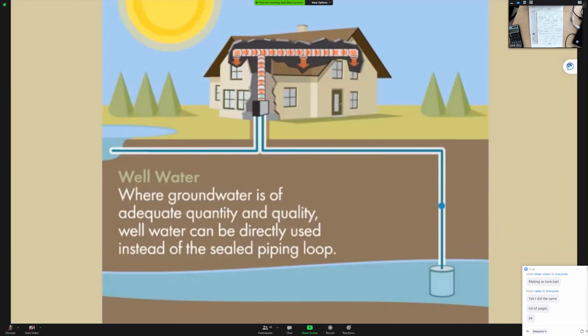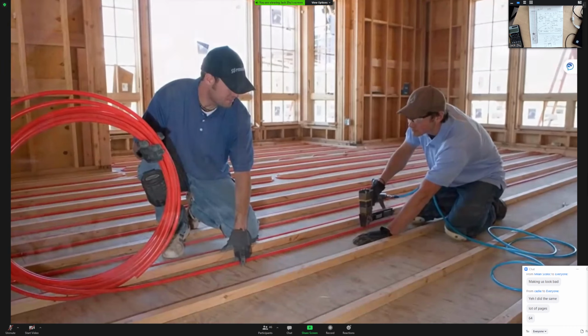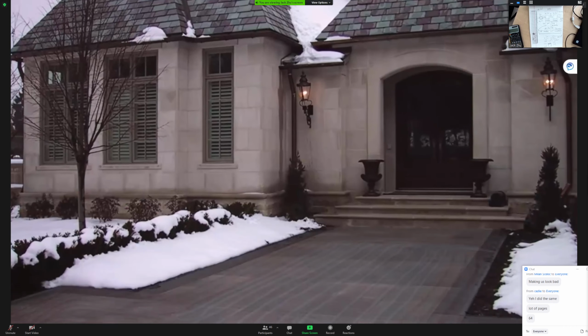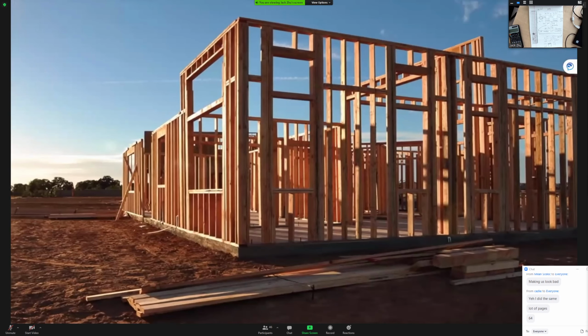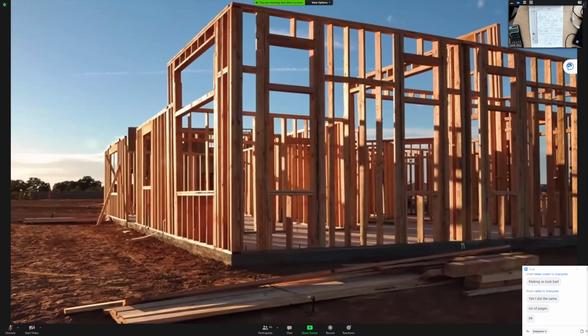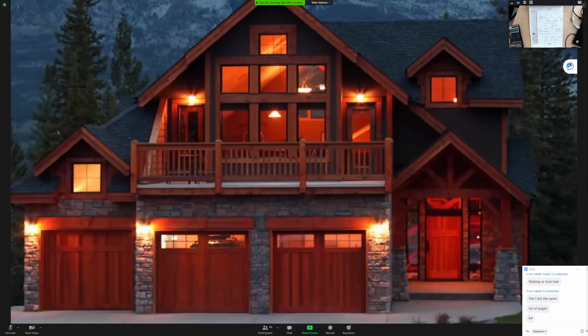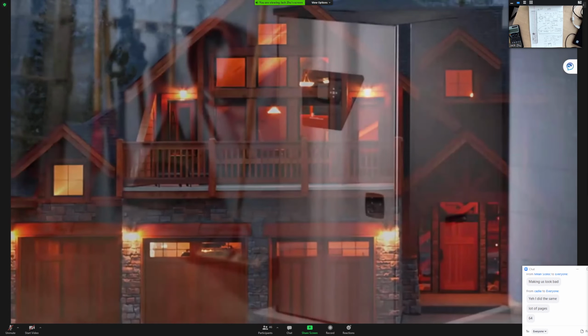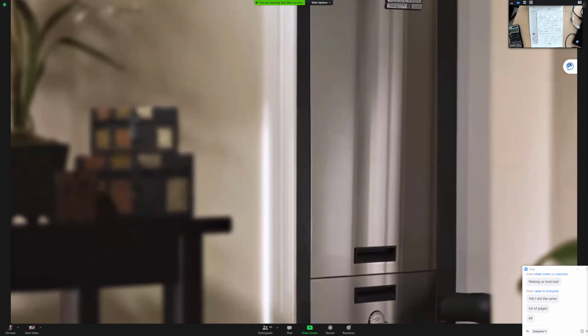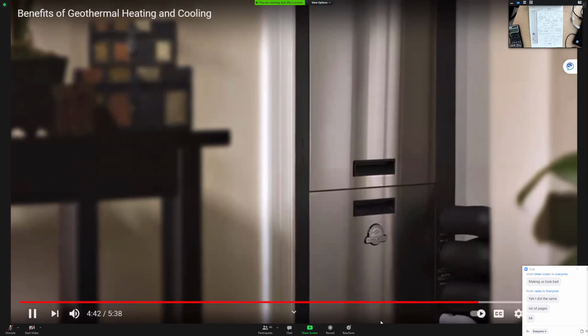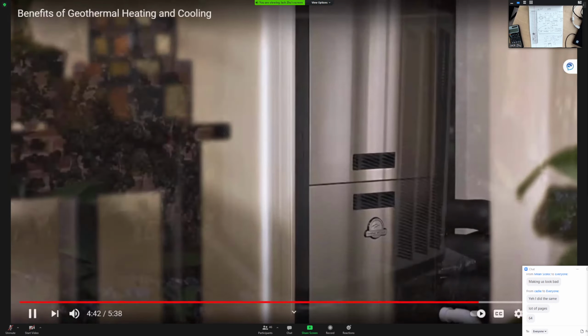Besides a nice shower and washing your hands, you can use the large volumes of hot water a geothermal system can produce for radiant underfloor heating, or even for snow and ice melt under your walkways and driveway. A geothermal central heating and air conditioning system from Climate Master can be installed in almost any home, new or existing. They can be installed in an attic, garage, or utility closet. Or, in the case of a retrofit installation, they can even be installed in place of an old outdoor air